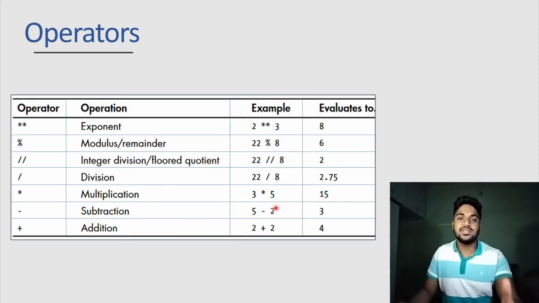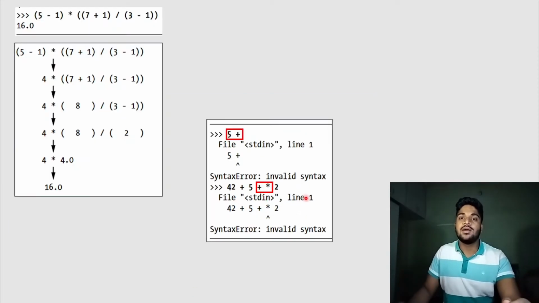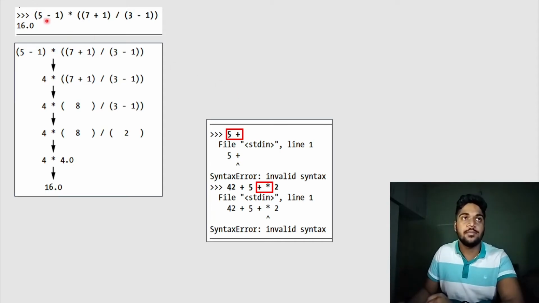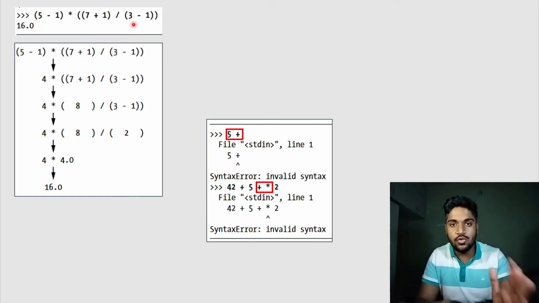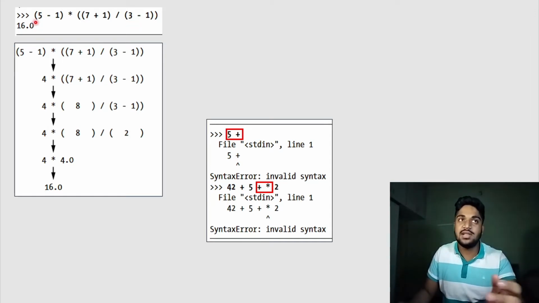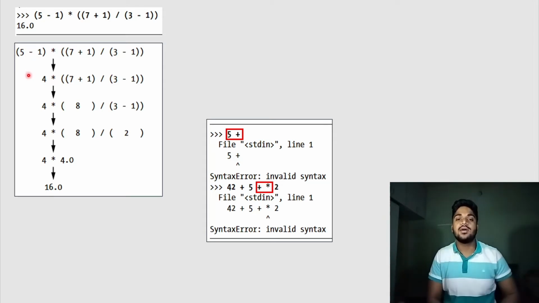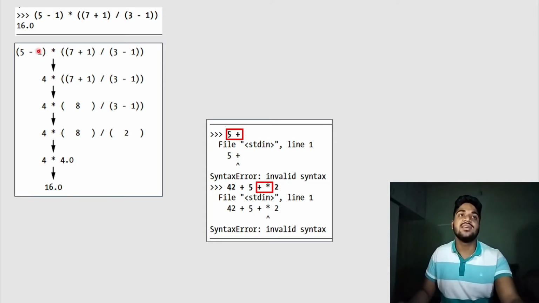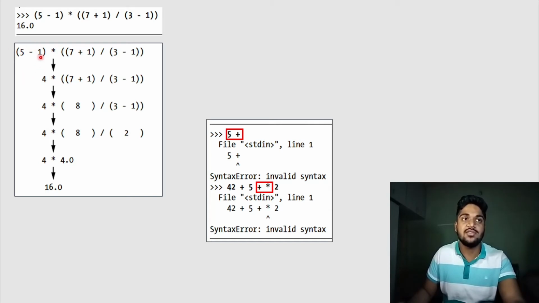So these were your arithmetic operators in Python. We can also use this interpreter to solve big sums, and Python will follow all the rules of mathematics. For example, let's say this is my input. How the interpreter will process it is that in the first step it will solve all the brackets. For example, we can see here that it has solved the first bracket, which is 5 minus 1, 4, and then it will go on solving the brackets like 7 plus 1, 8, and then the next bracket 3 minus 2, 2.